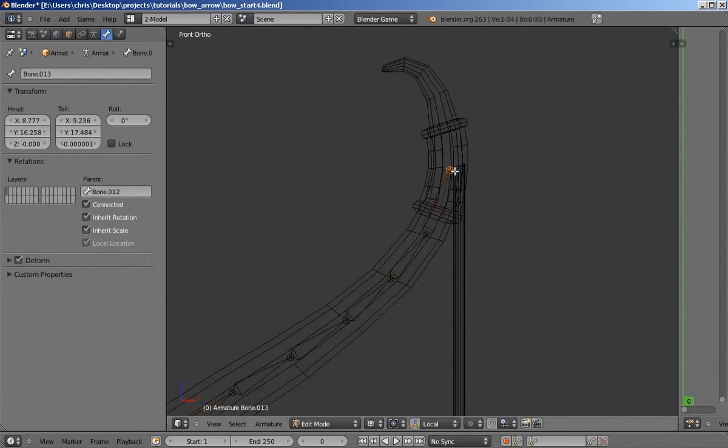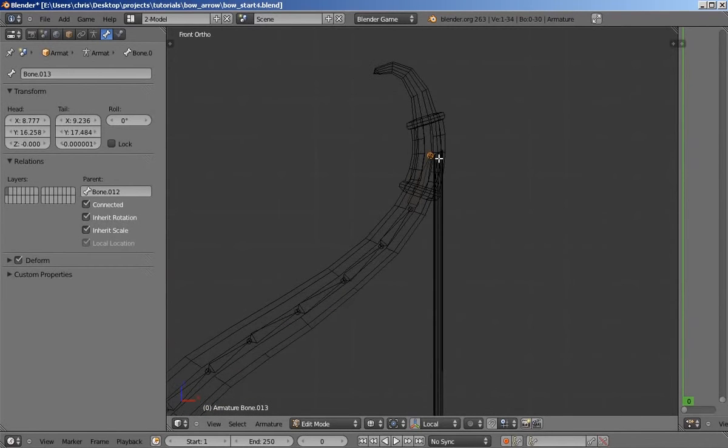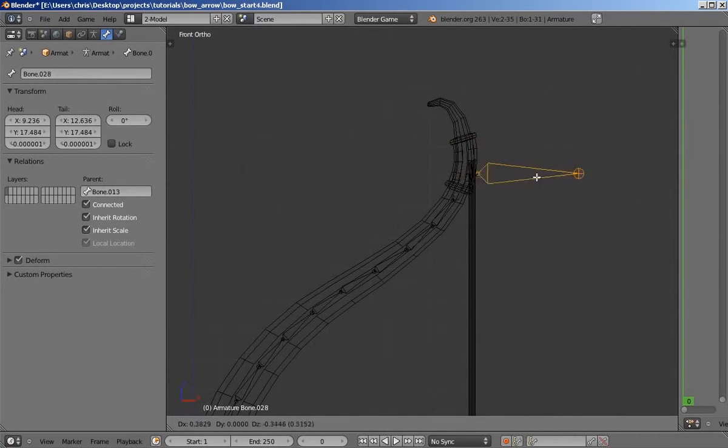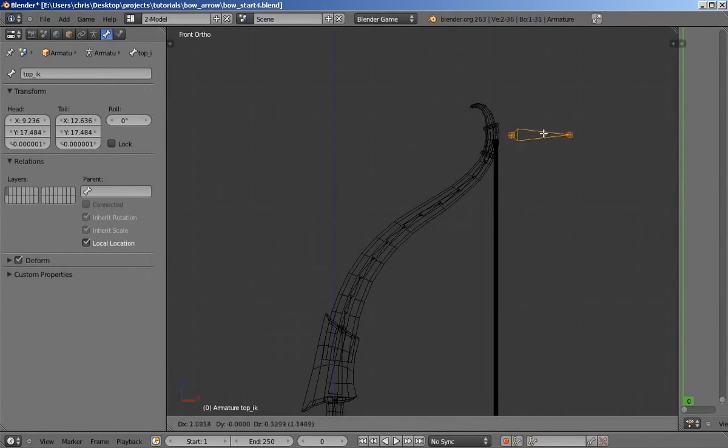We'll do that by selecting the tippy top of the top bow chain and extruding that directly to the right to create a new bone. Now this bone's connected to the top bow chain, and we want to clear that. So with that bone selected, press Alt and P and choose Clear Parent. So now it's its own free bone. And we're going to rename this bone to top IK, top underscore IK. This bone's going to be our IK solver for the top